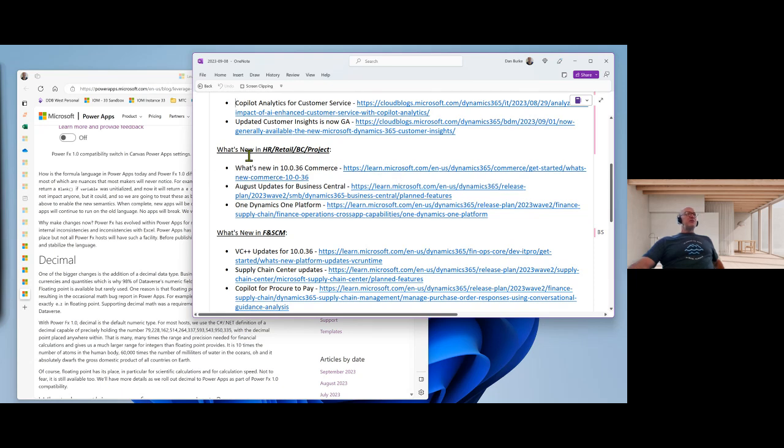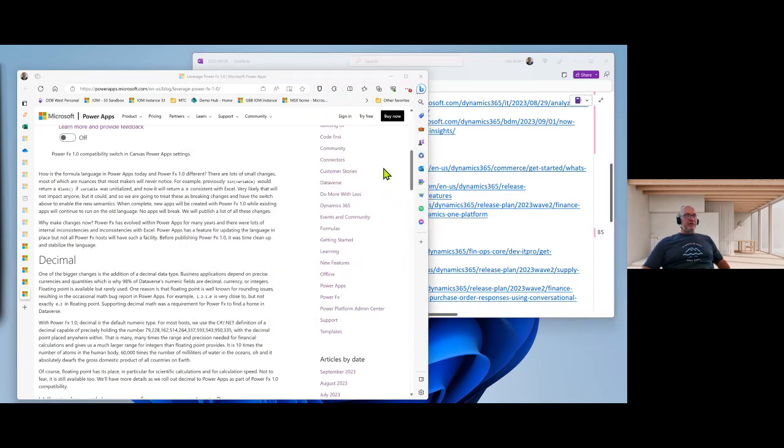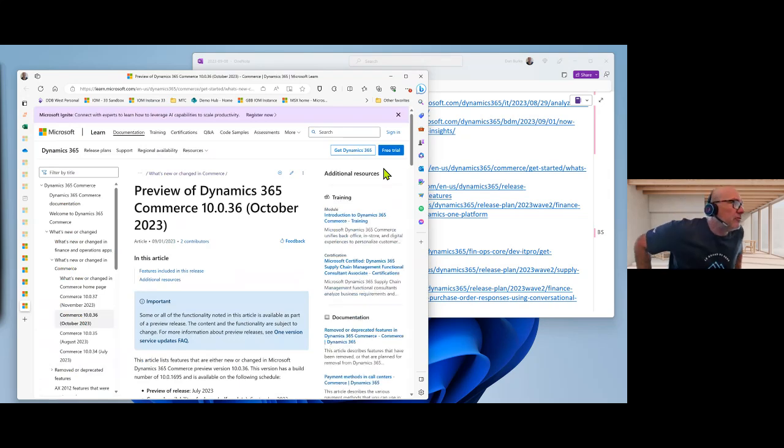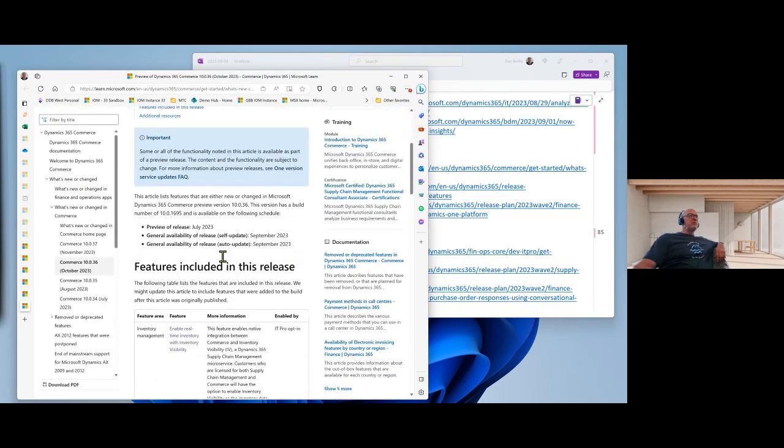So let's start out with what's new in Commerce 10.0.36. As in the last few shows, I've been going through the 10.0.36 updates for finance, supply chain, and cross-platform. So first of all, let's look at what we have in